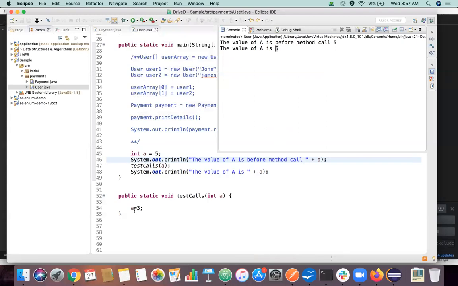Why is this value of a not changing actually? Because of the parameter passed. So if you pass the parameter inside the function or outside the function, depending upon that, it happens.